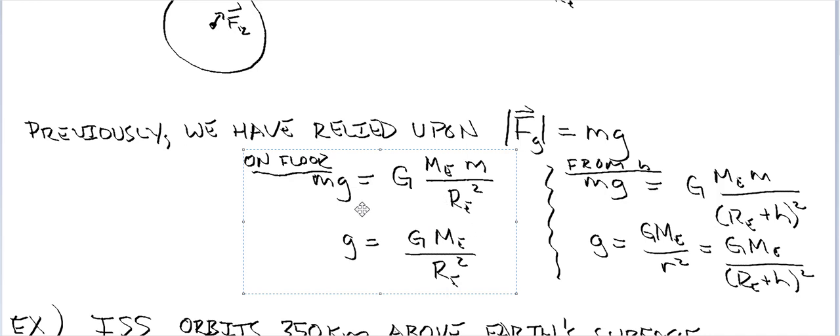And that gravitational force mg is apparently also equal to capital G M_E m over R_E squared. Note that there's a little m on both sides, and so we can cancel them. And that allows us to solve for little g. Little g is apparently the universal gravitational constant, 6.67 times 10 to the minus 11 newton meter squared over kilogram